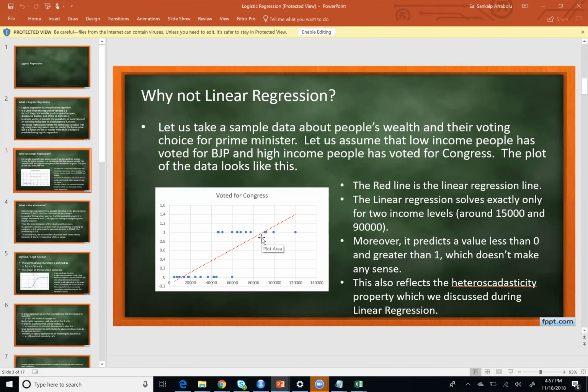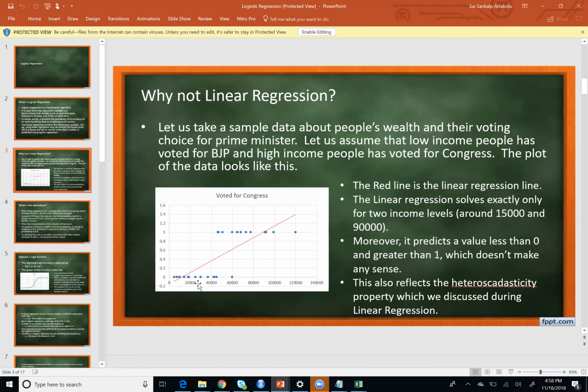In that case, you use linear regression, because in linear regression you try to fit a line and find all the points in between. What will happen if you do linear regression in this case? Let's say I have the data here. People who voted for BJP are category 0. People who voted for Congress are category 1. And this is the wealth distribution, from 20,000 to